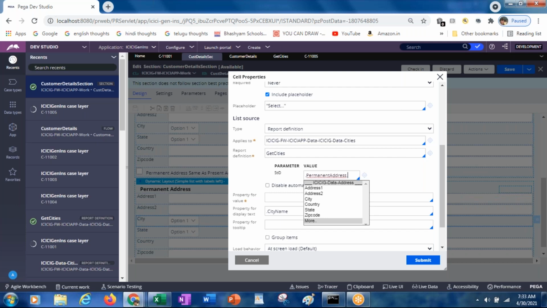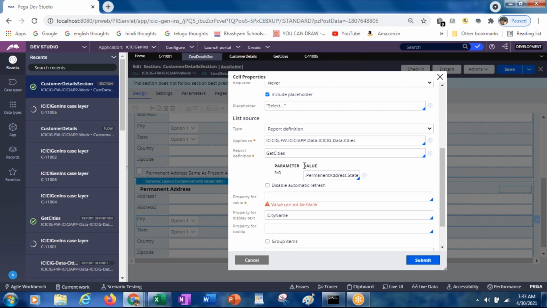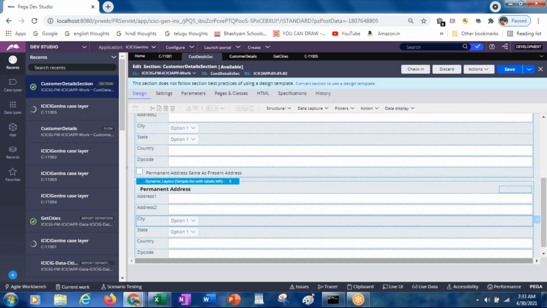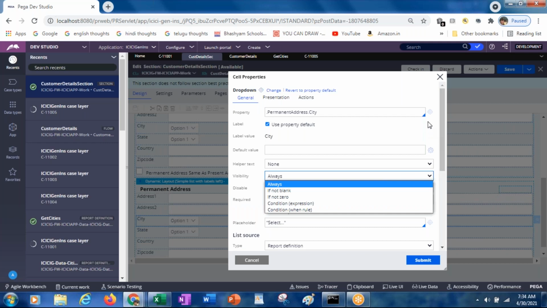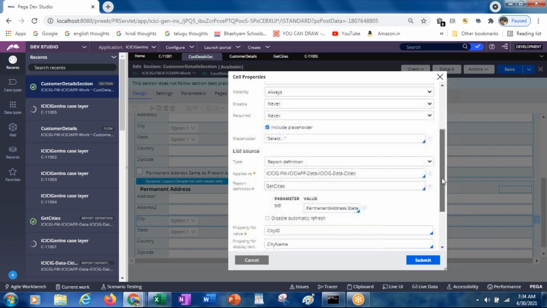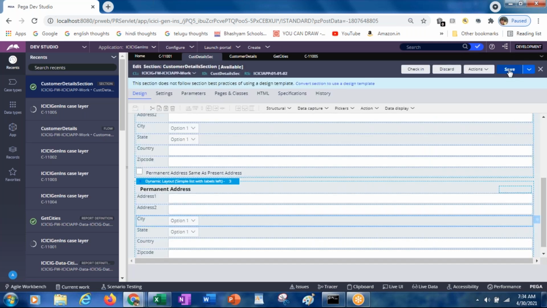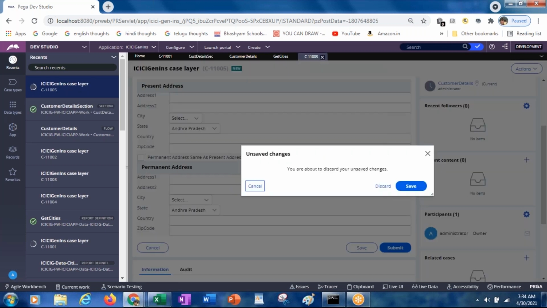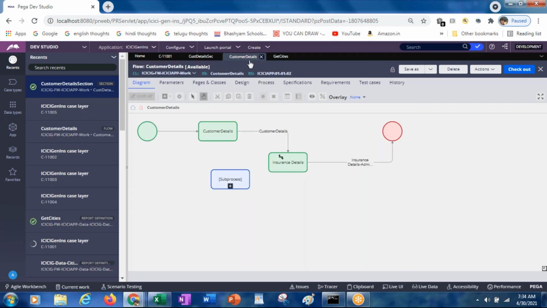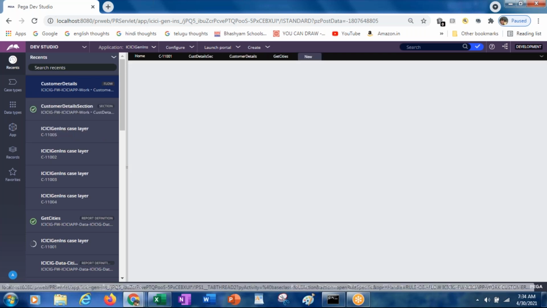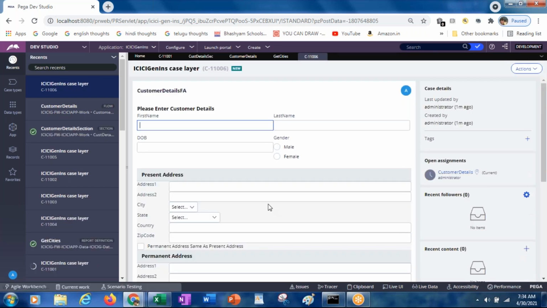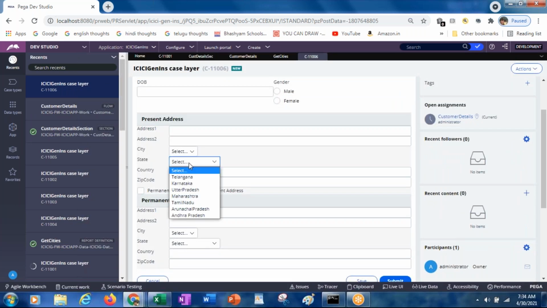So permanent address dot, so here we need to pass the city ID. So now for both present address and permanent address, it's been populated.